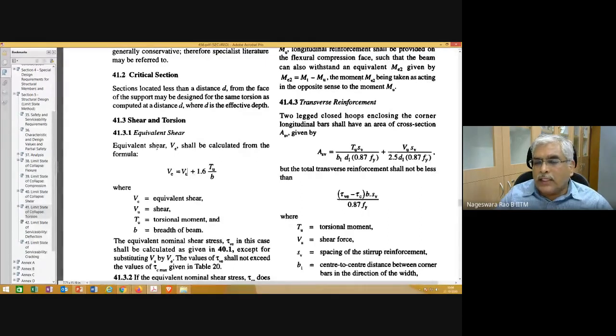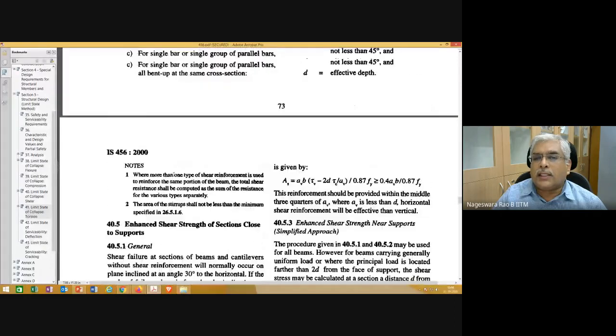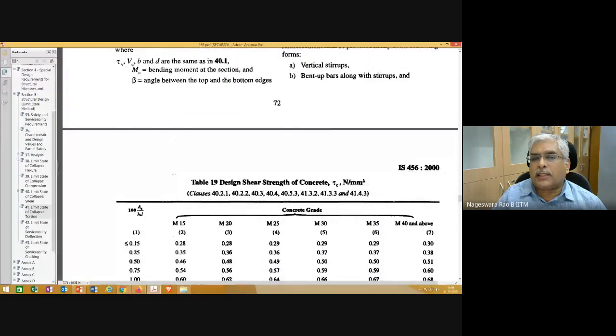So equivalent shear needs to be estimated using this relation. Once you know the torsional moment, and VU is your direct shear, you get the equivalent shear VE, and using VE, you go back and calculate the nominal shear stress.